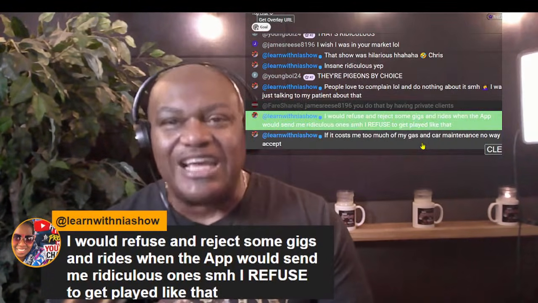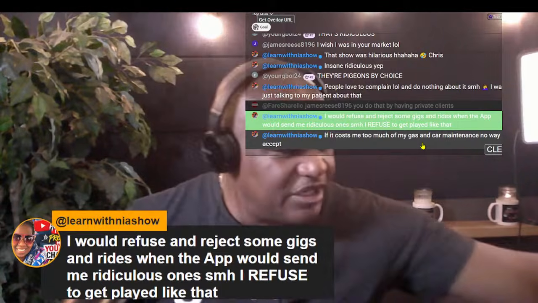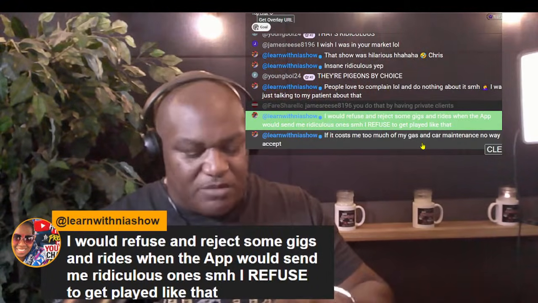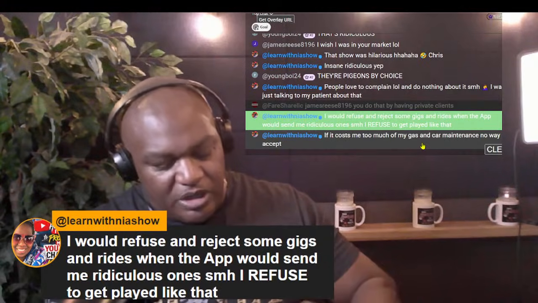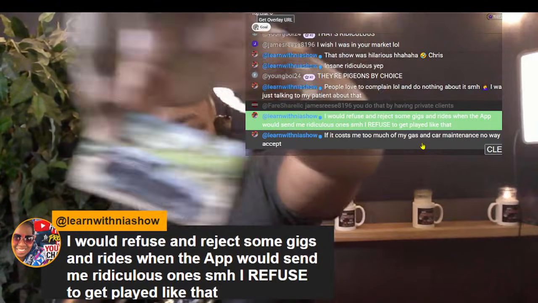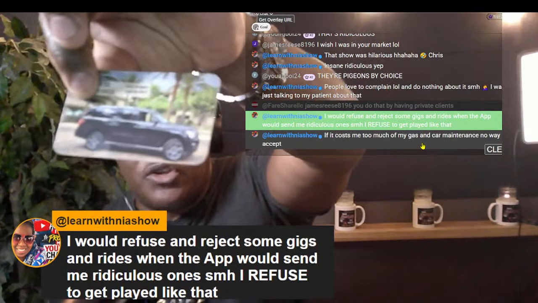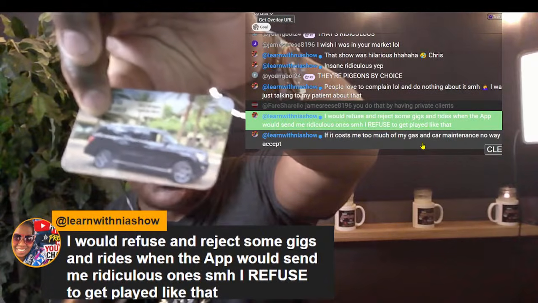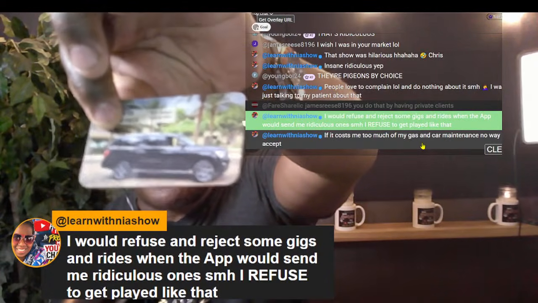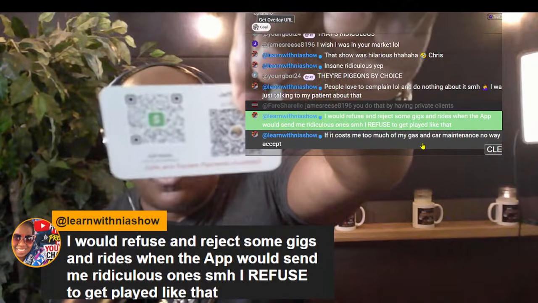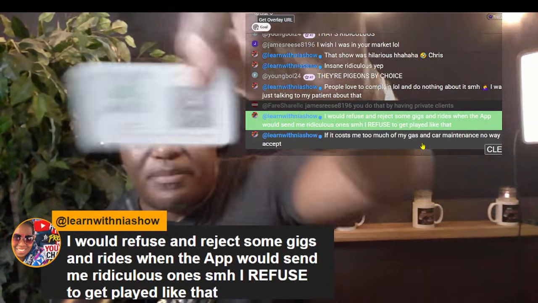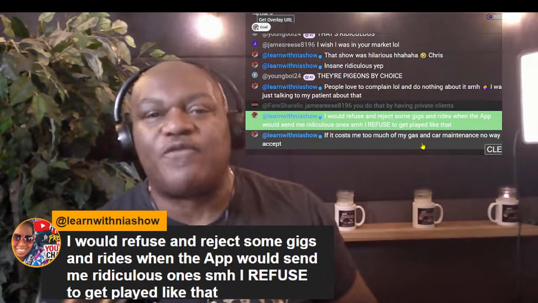Go out there, get you some business cards. This is what I show people. Even in my wallet, I pop out my business cards. Bam. It's got my truck on it. I say, put your vehicle on the front of your card. Put your name and everything on your card so they remember which car came and picked them up. On the back, put Venmo and Cash App. I've been telling people that for years.